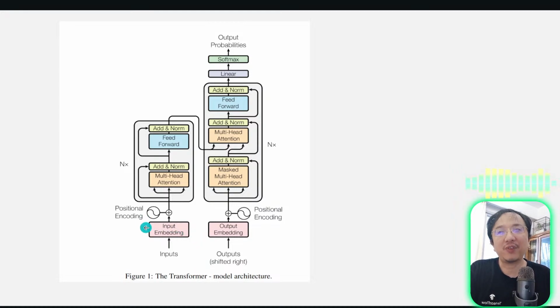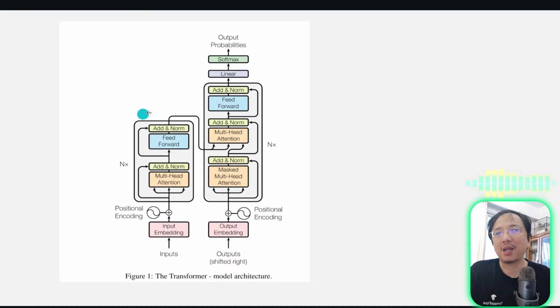The adding means vector addition. 所以我们先把句子每个 token 做 embedding，然后再把它加上它的 position encoding。就用向量加法真的把它加进去。你也可以 concat，但最常见的是直接加上去。We do similar things for the decoder, but for the encoder we